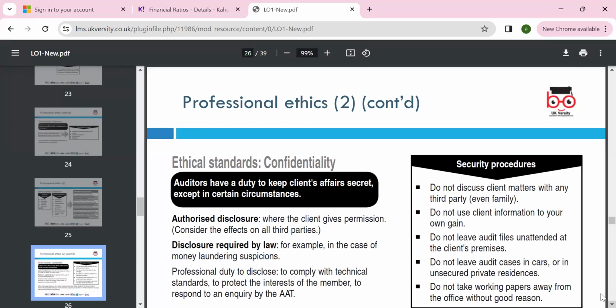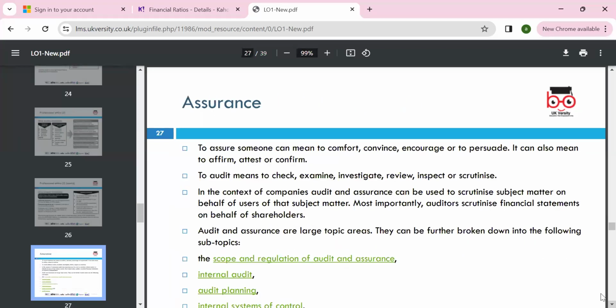Don't give information to others, as we mentioned, we have GDPR, the General Data Protection Regulation. Assurance means someone is comfortable, convinced, encouraged, persuaded, and can be used, which we just mentioned earlier. We need to make sure we can do internal audit planning, and that will increase the assurance we have